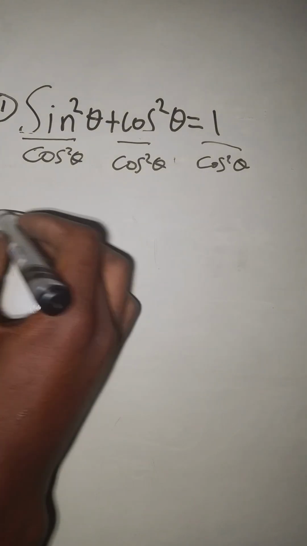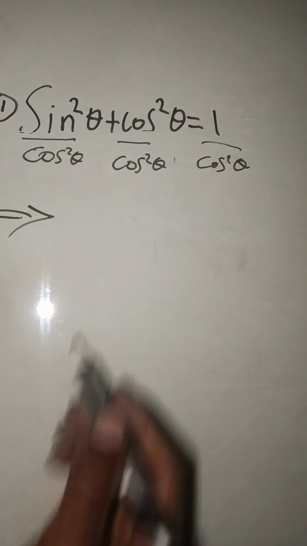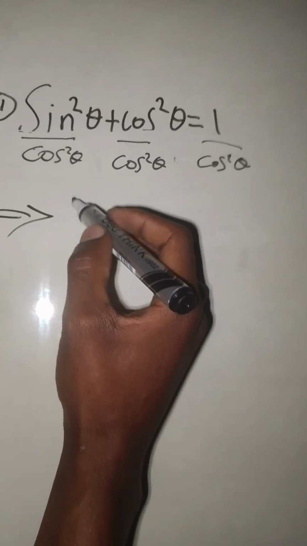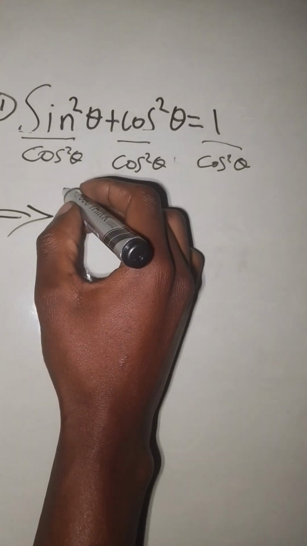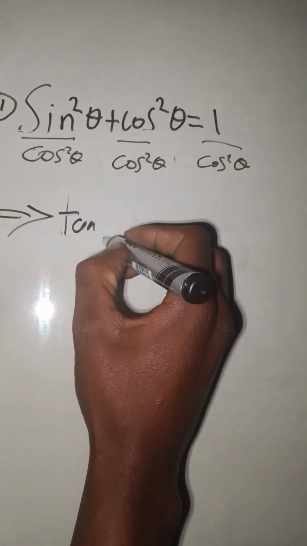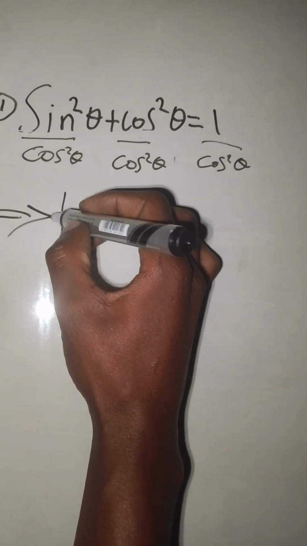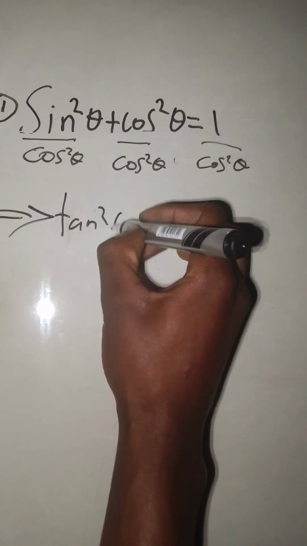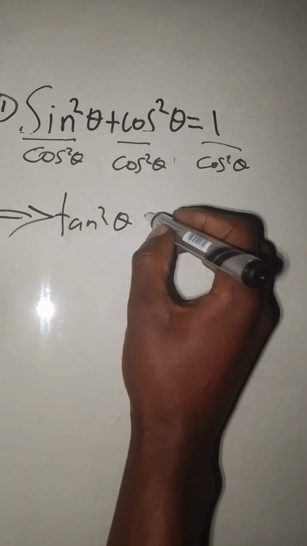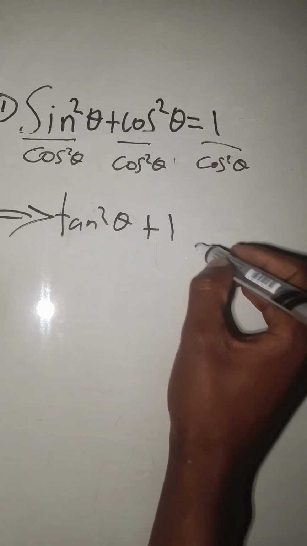Okay, this is our problem. So now, this guy and this one is going to give us a tangent. It's going to give us tan squared theta plus this guy is 1 is equal to